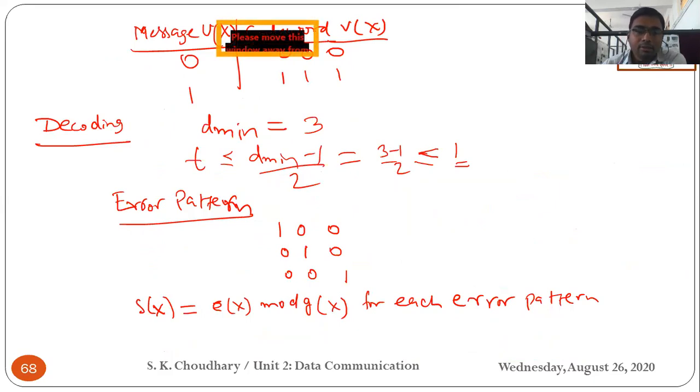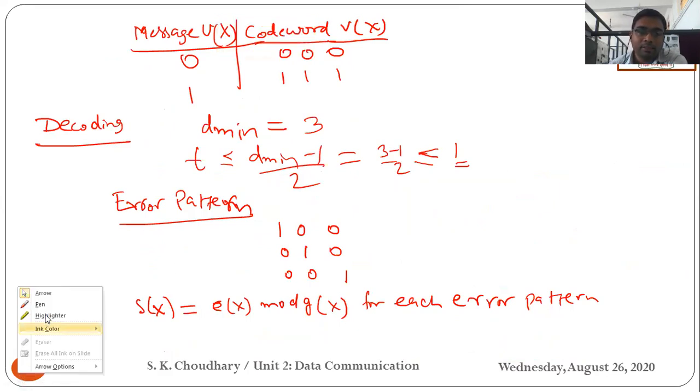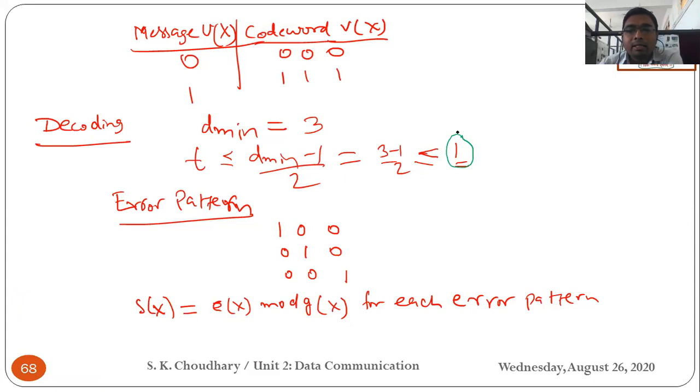From that discussion, as per the concept of minimum Hamming distance, we came to the conclusion that it is able to correct 1 bit of error or less. From that we defined the error pattern. The number of bits in the error pattern is the same as the code word length, so it is again a 3-bit pattern.